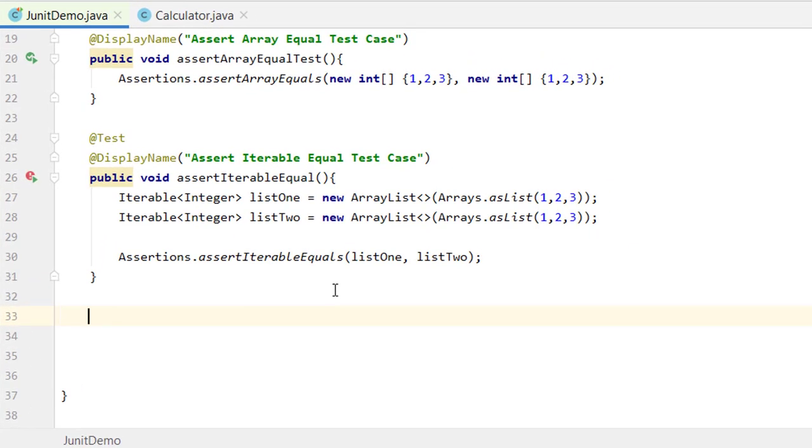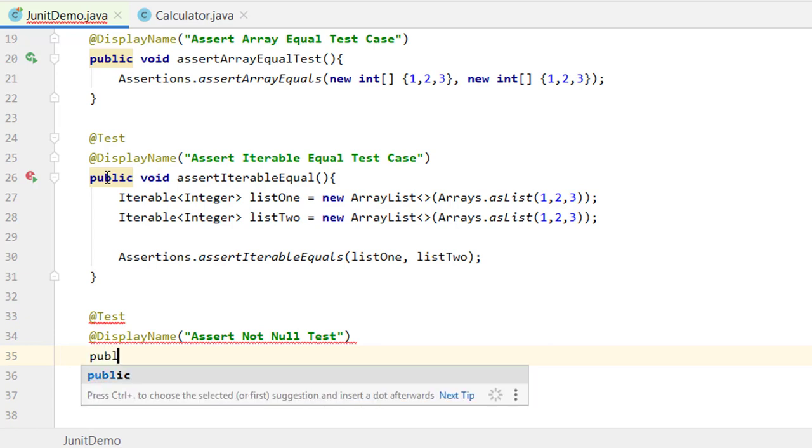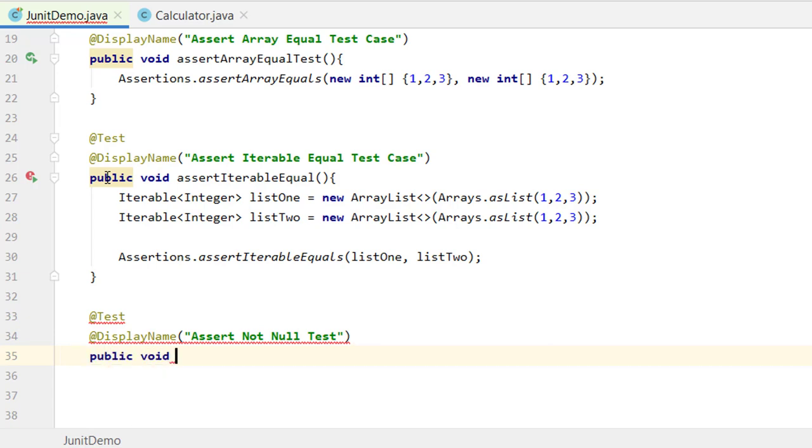Okay, so for the assert not null annotation, let me give the display name assert not null test. So public void assertNotNullTest, and for that let us create 2 strings.